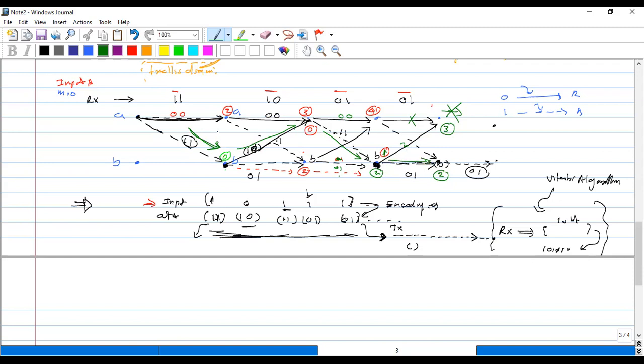Okay, so this path you can calculate. You can see this part. If you got this part, it is a dash line, so input is 1. Now you are decoding. If you go through this line, this direction, this is a dash line, so input will